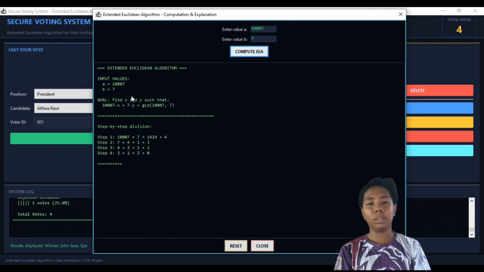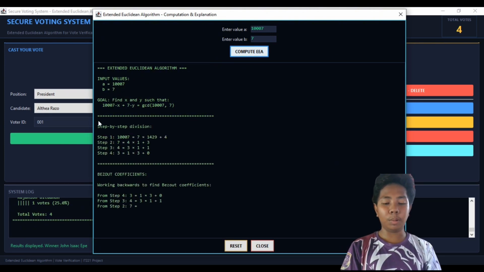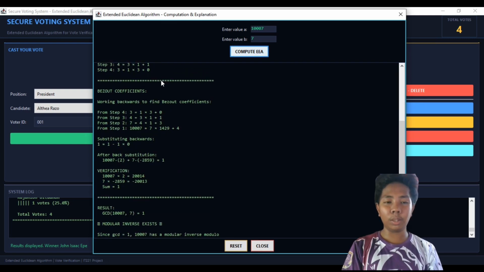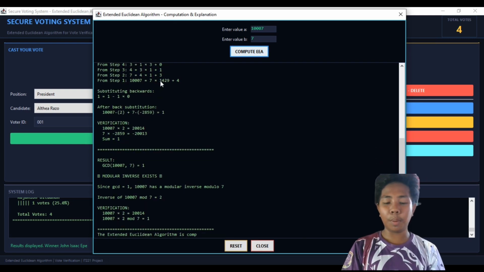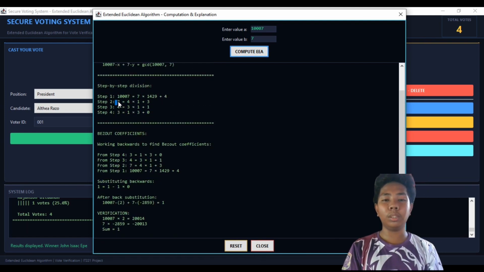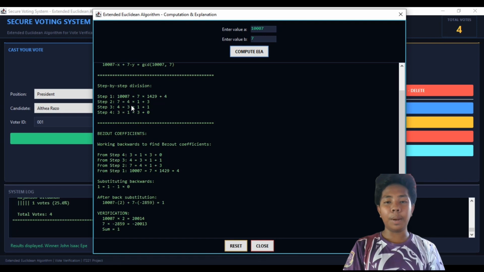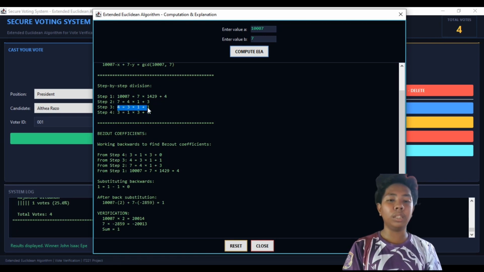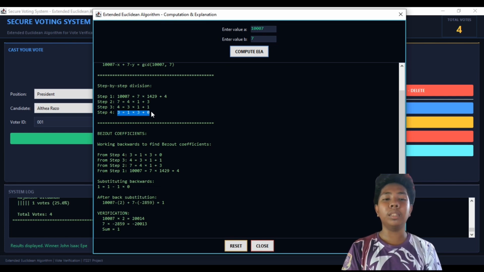Step 1 shows 10,007 equals 7 times 1,429 plus 4. And step 2 shows 7 equals 4 times 1 plus 3. Step 3 shows 4 equals 3 times 1 plus 1. Then step 4 shows 3 equals 1 times 3 plus 0.